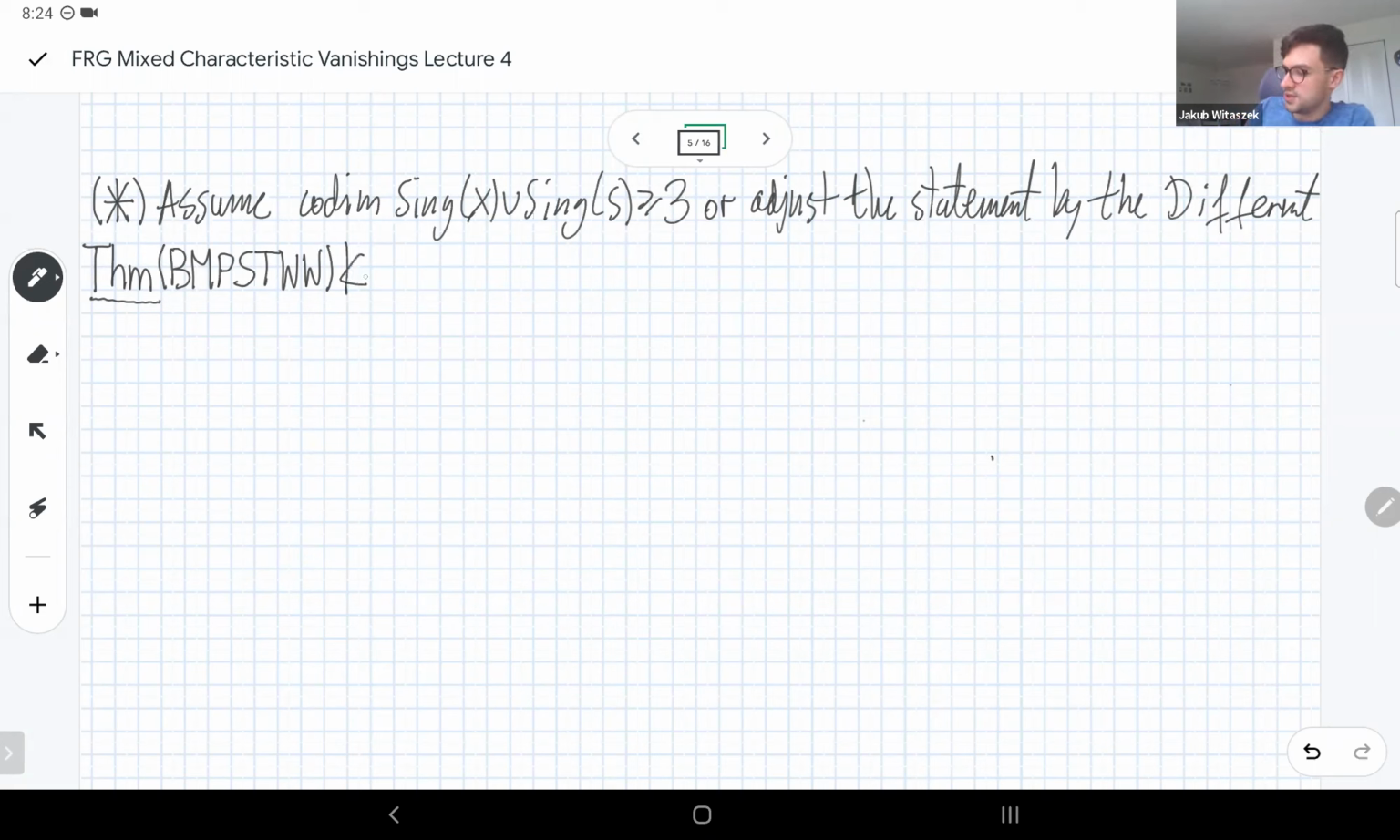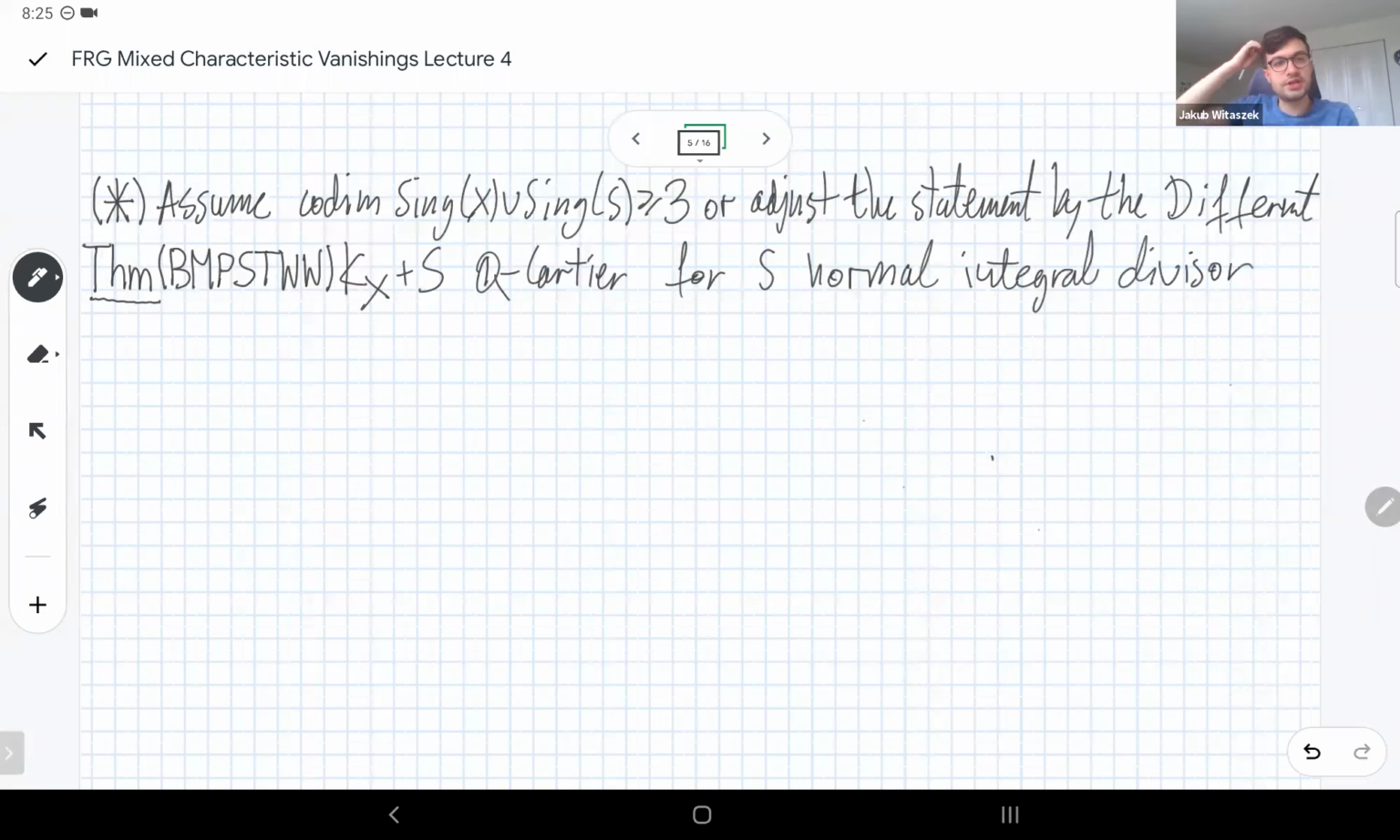Okay, so we have the following theorem of the seven authors paper. So now I'm going to assume that K_X plus S is Q-Cartier for S a normal integral divisor. Again, both of these notions can be weakened. Let me not delve into it. Then,